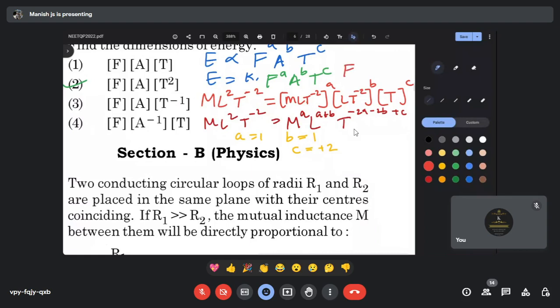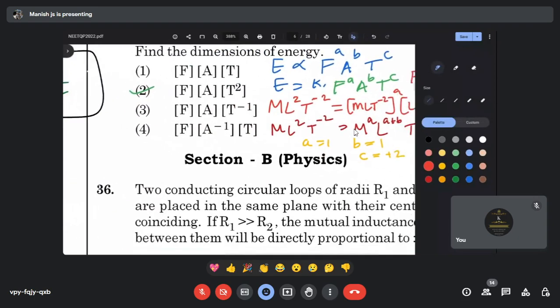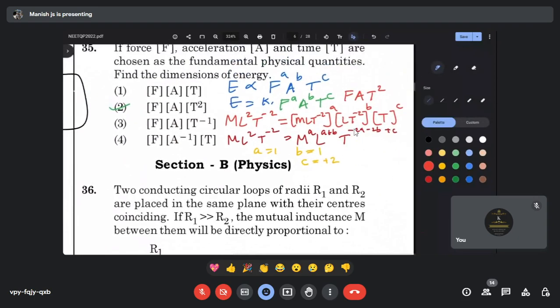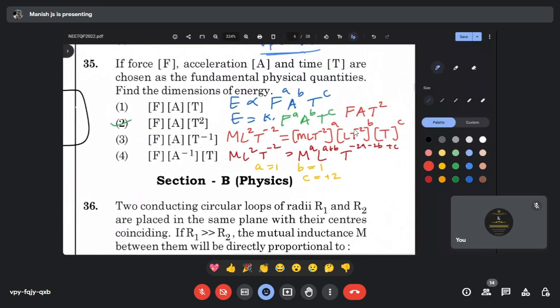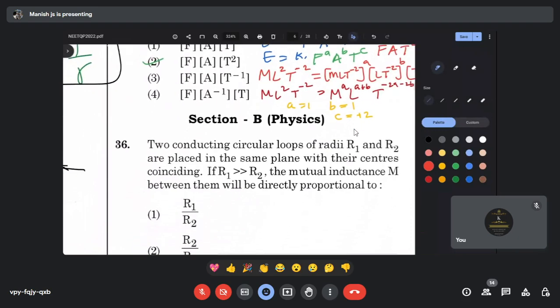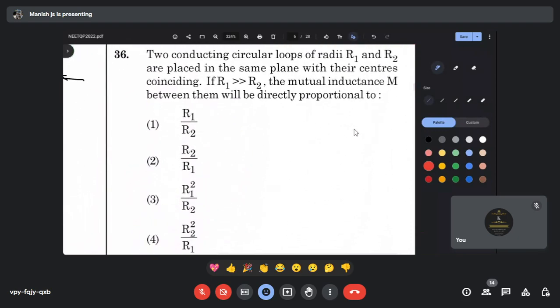So F A T power 2. Okay. F A T power 2. So option 2 only is correct. Okay. This is how you do it. I hope this is clear now. This is the method to solve this question. Okay? Yeah. Next question number